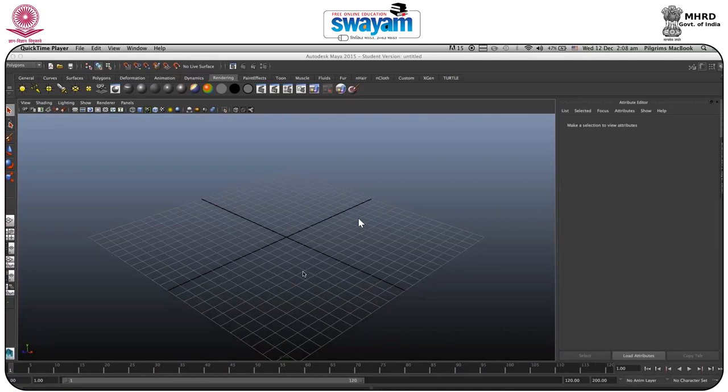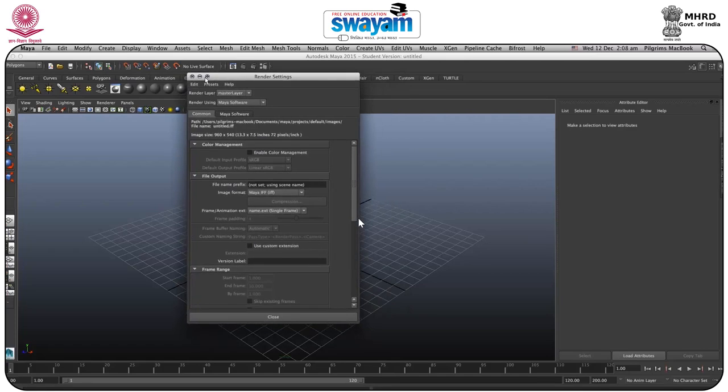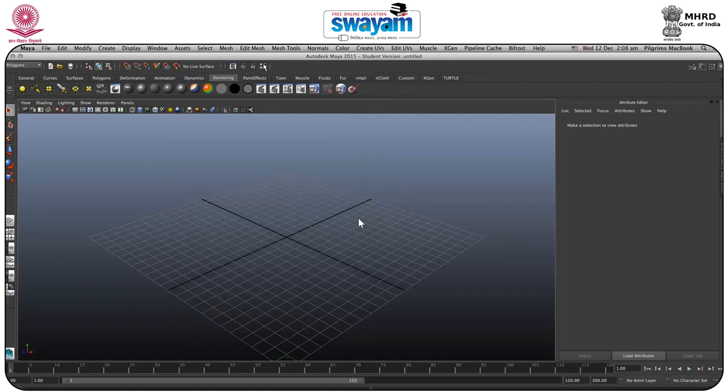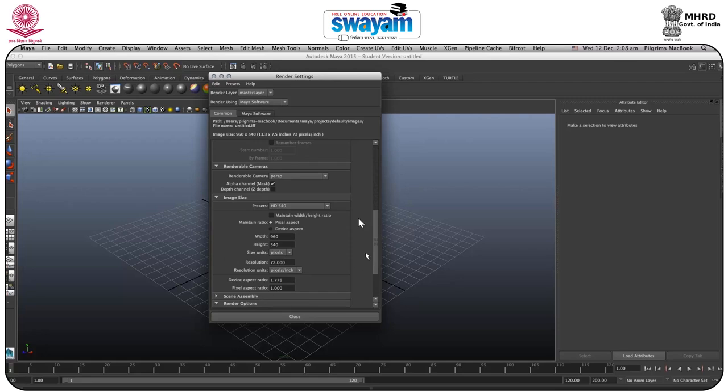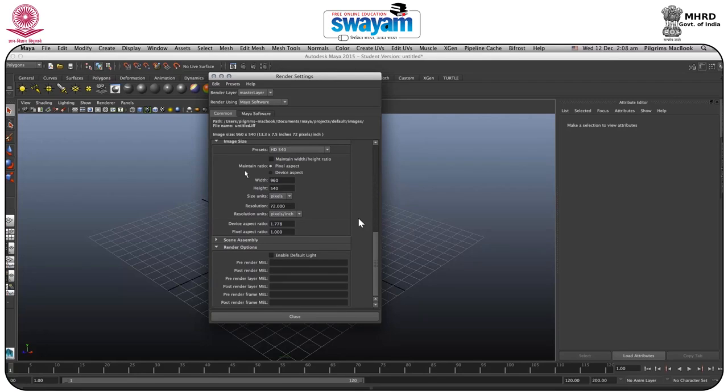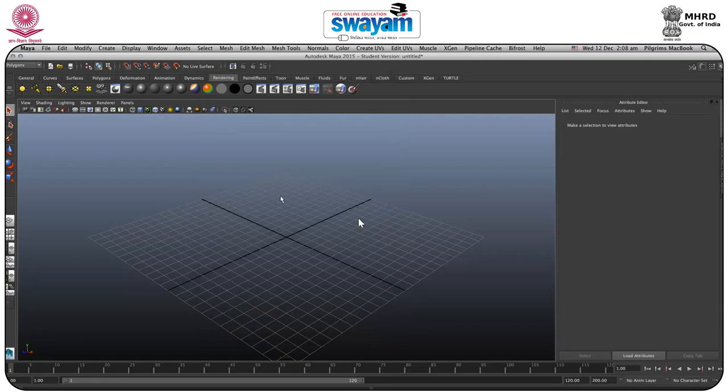So in the previous session we discussed the IES light, and now we will tell you its properties. What I will do is go to render settings and turn this off, and I will tell you how the panels work, and after that we will light a particular exterior scene. So we will simply make a box, which is the ground,